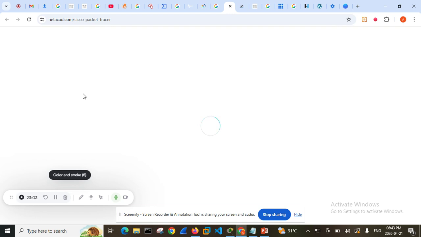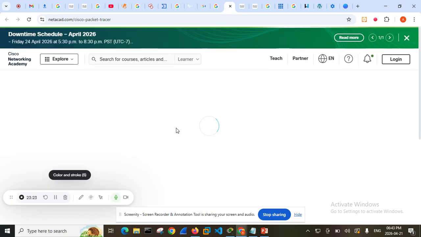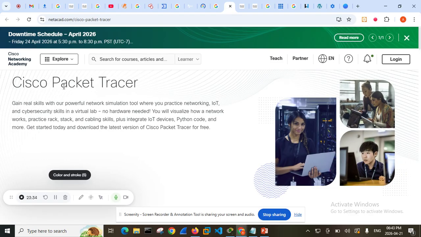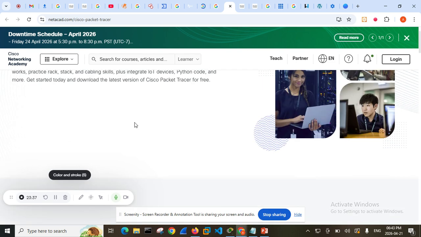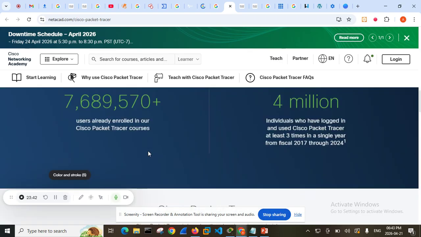Then the website is loading, and you allow it to finish loading. The next thing is that for you to be able to download this particular software, you must register or log in to this website. This website is Cisco Networking Academy. In this place, they teach you everything about networking. But we don't want to take that course since it will take our time. What we want to do is use their resources, and for us to use the resources, we want to sign up